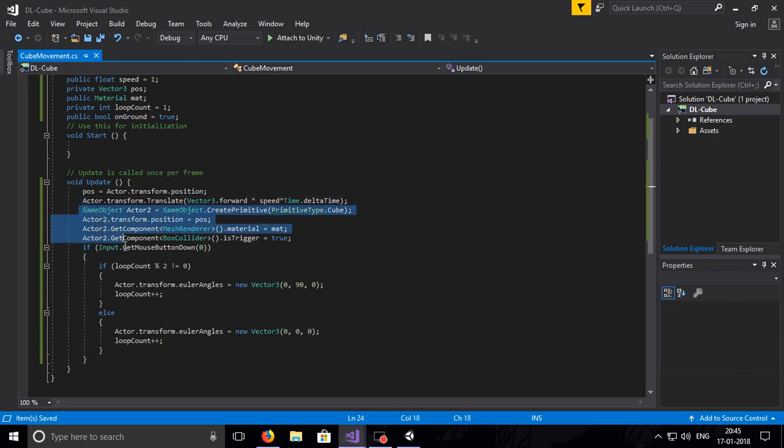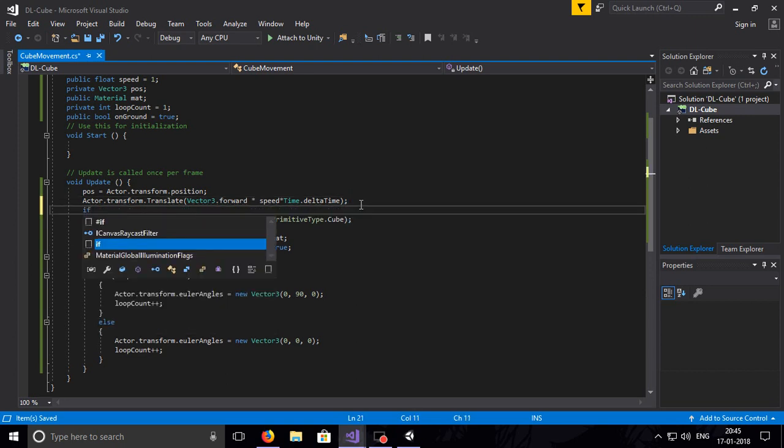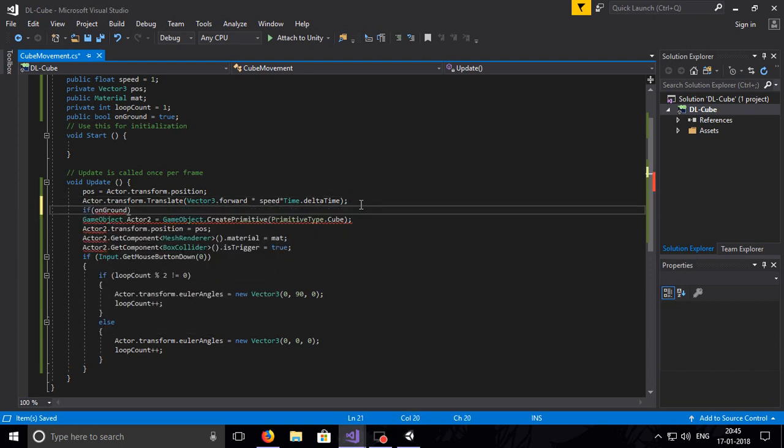So when it is jumping, it will be false, and there will be no change in the rotation of actor 2. So from here it will be on ground. So if onGround equals true,